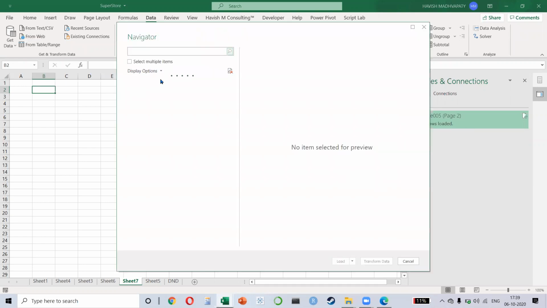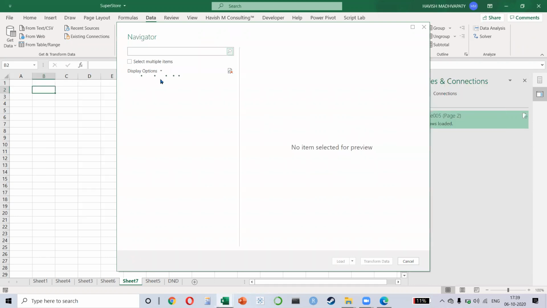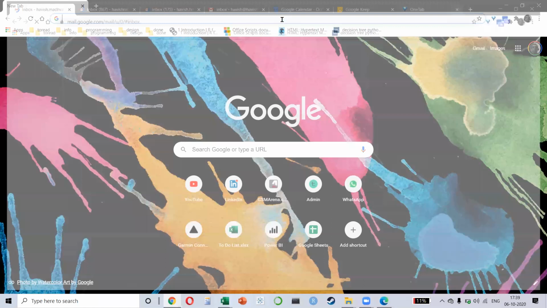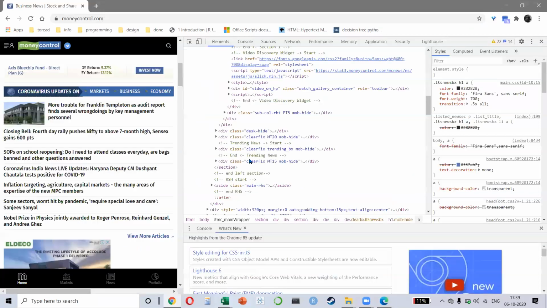And again, you notice that what is happening is that it is basically going to that website and telling you how many tables are there on the website. So let me just explain how this works. See, whenever there's a web page at the back end, what is it? It is all JavaScript and HTML, correct? So you have HTML, CSS, and JavaScript.